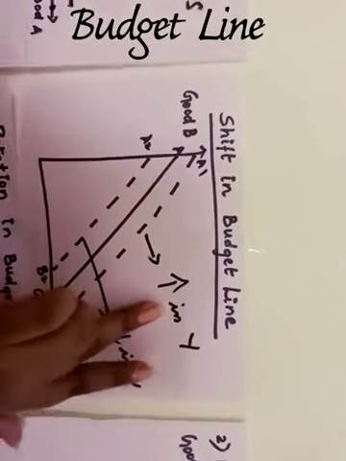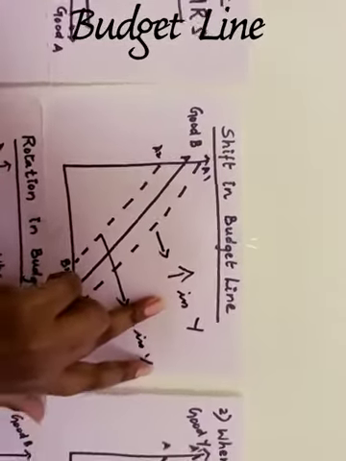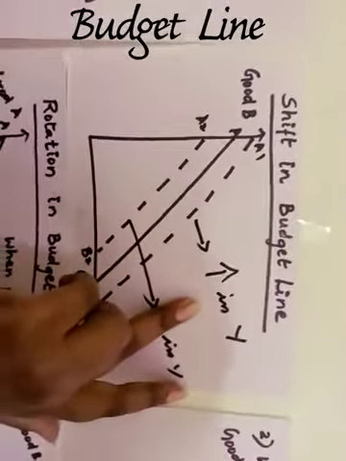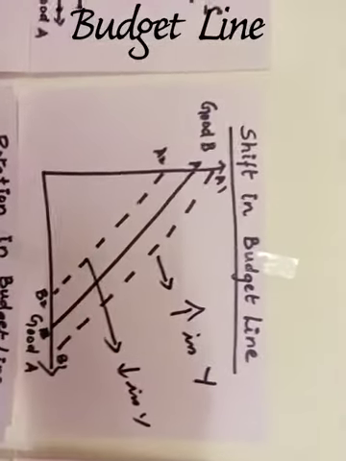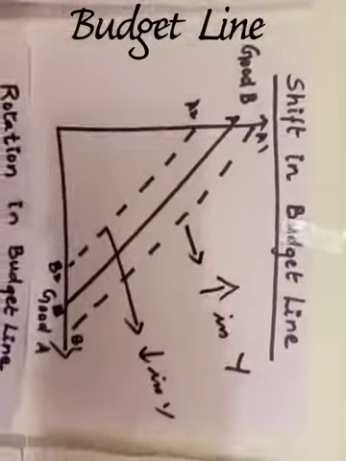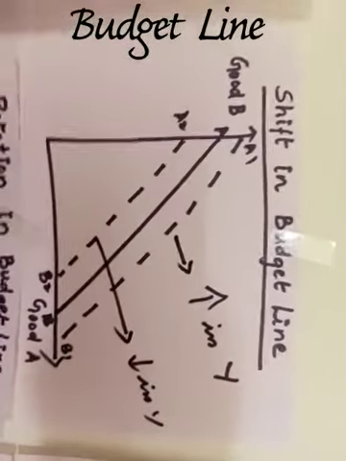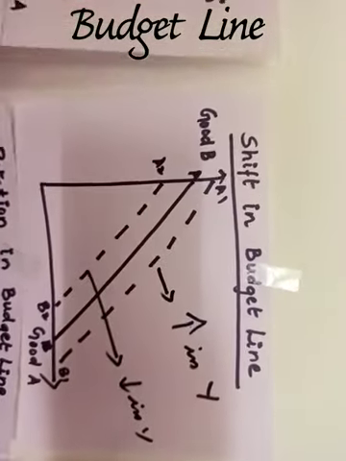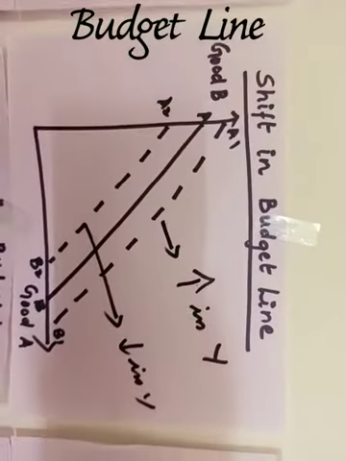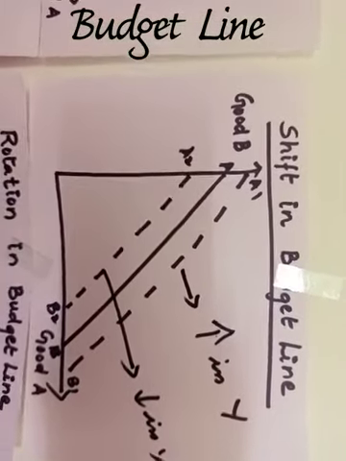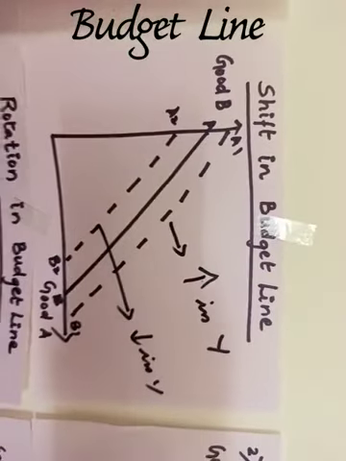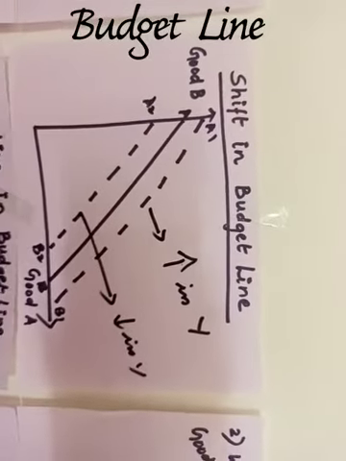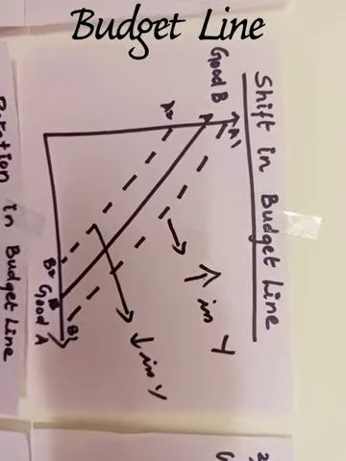An increase in income can be winning a lottery, a gift, or a bonus. All such things can be an increase in income. But for a decrease in income, I can give you the example of flood time, or the most recent example, the COVID-19 time, when you had to surrender a portion of your salary to the government. Unexpectedly, your income came down. So that means it is a decrease in income.